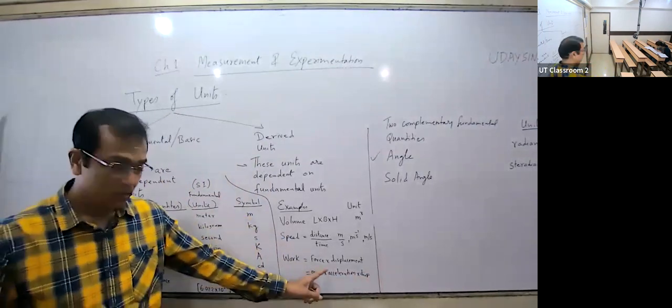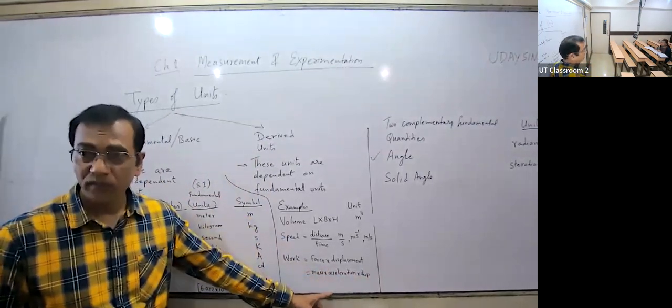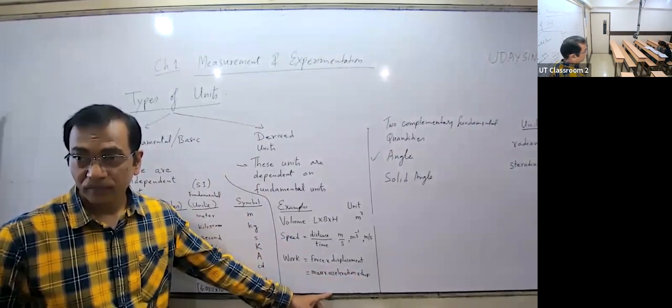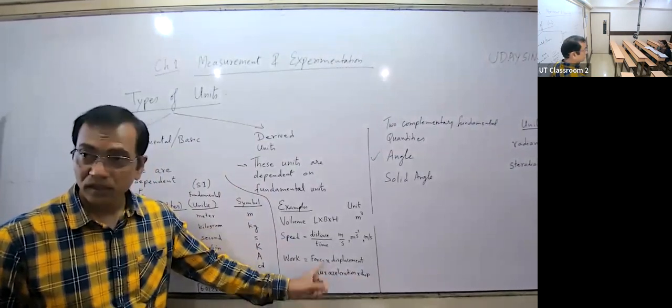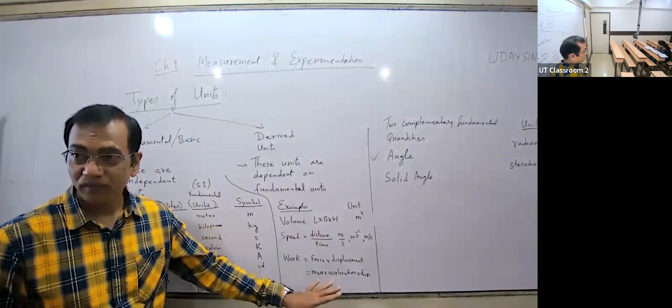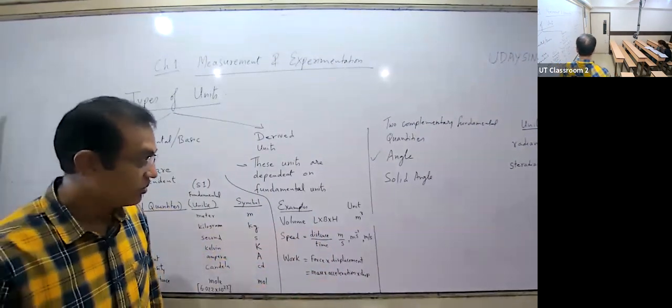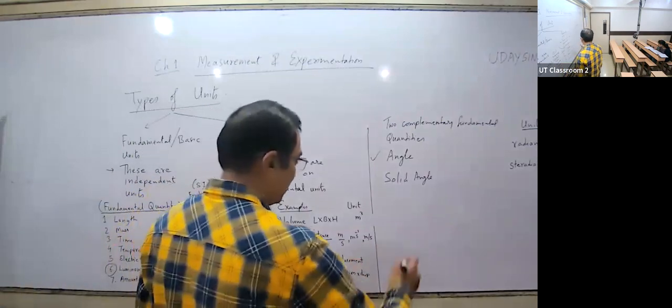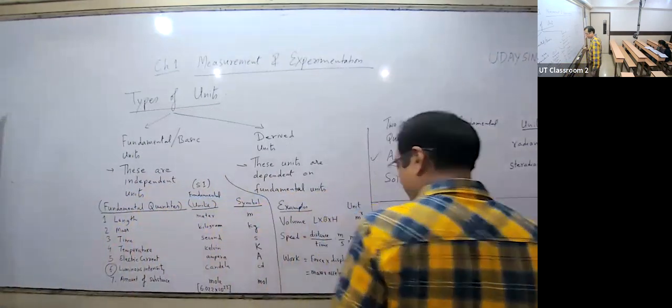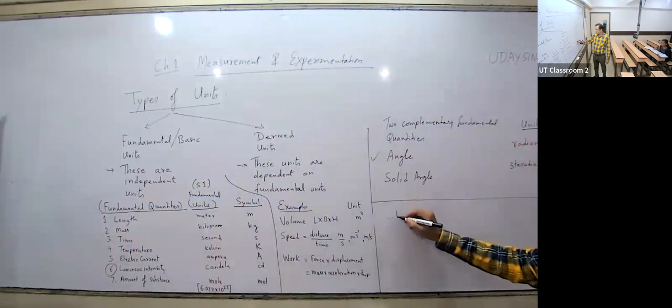Acceleration is velocity upon time. Velocity is displacement upon time. It's a very big definition, right? But it's a good example. So I'm continuing here. Therefore, work is equal to